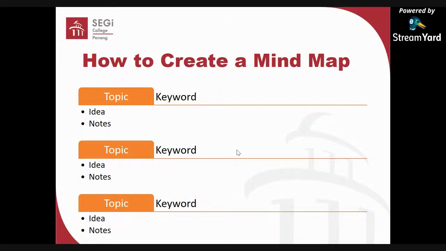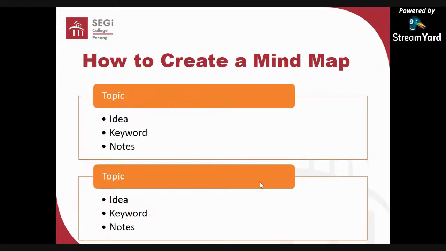So this is another way to create your mind map. I may be using SmartArt. I think most of you have a computer now. You can use Microsoft Word or Microsoft PowerPoint to help you create this. We call it SmartArt, not really a mind map, but this is another type of diagram that can represent the overall picture. So maybe you just list out the topic, and you can put some keywords, ideas, notes.